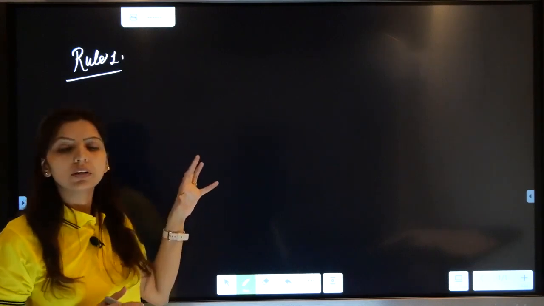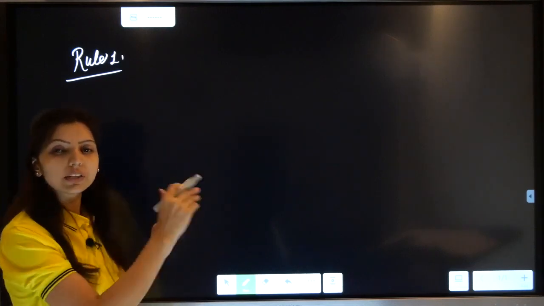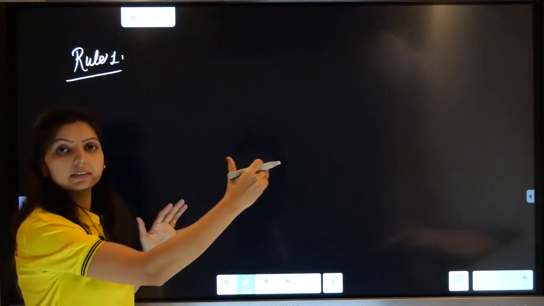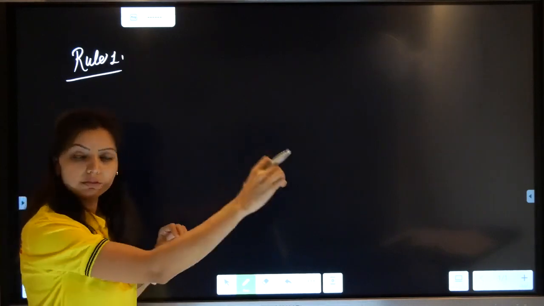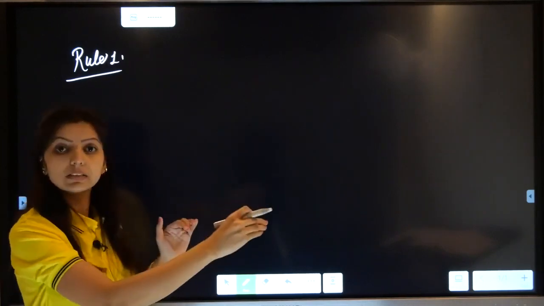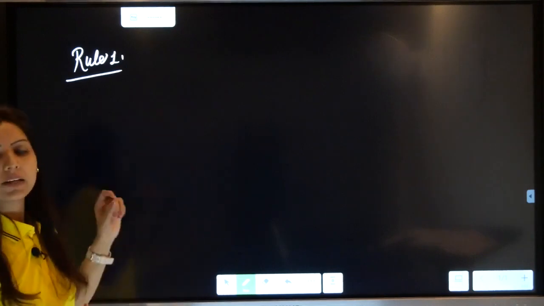If you know the rules of English grammar, that I have to write in this sequence, I have to use this word after this, I cannot use this word with this, then rules will help you to make your English grammatically correct. Right now we are covering the rules related to noun. So the first rule is: